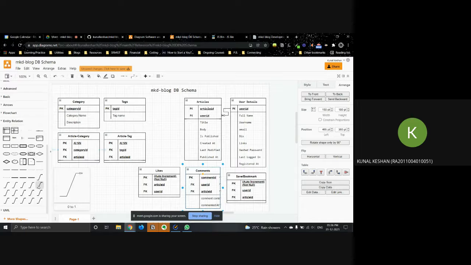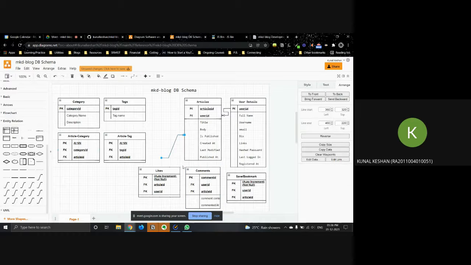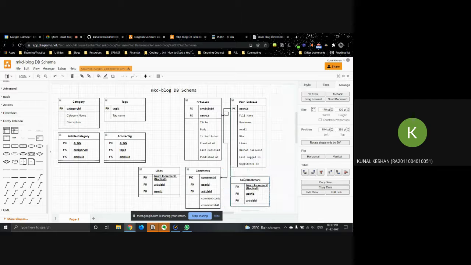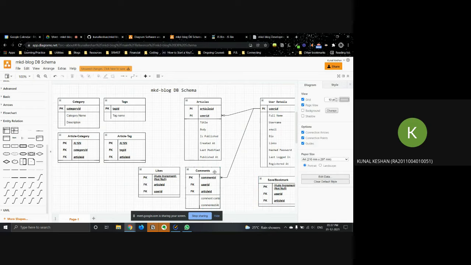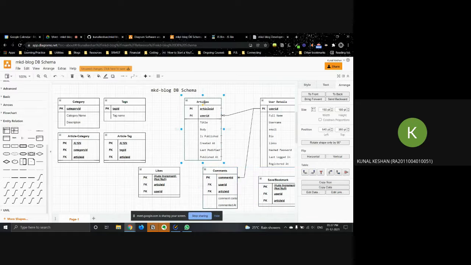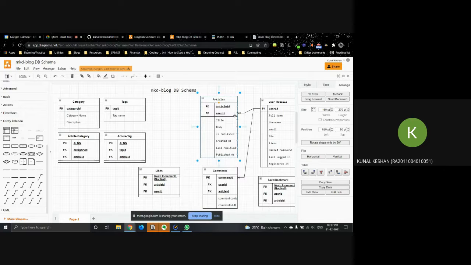Again, from my user ID to my comment ID relationship over here. It's getting a bit messy, but we just want to understand. Yeah, that's better.